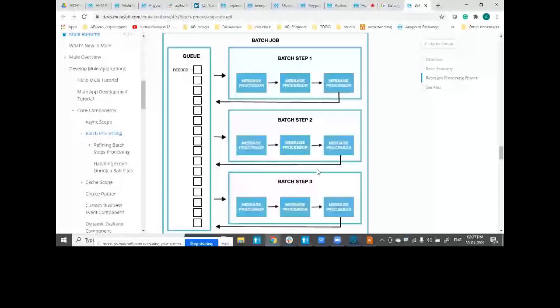If I have set the batch block size to 100, then from the entire set of records, blocks of 100 records each will be kept in a queue. By default, it is a persistent queue that is configured for a batch job. So the entire data in blocks of 100 records would be loaded onto that particular queue.